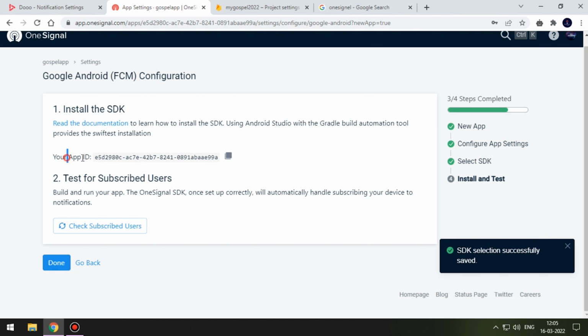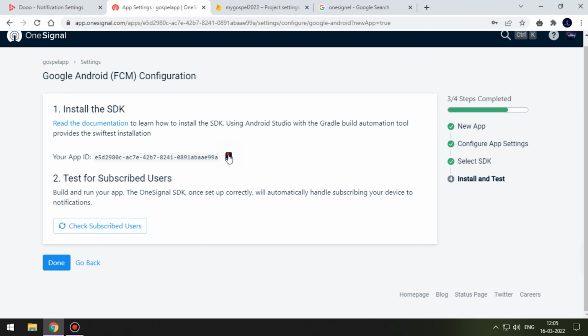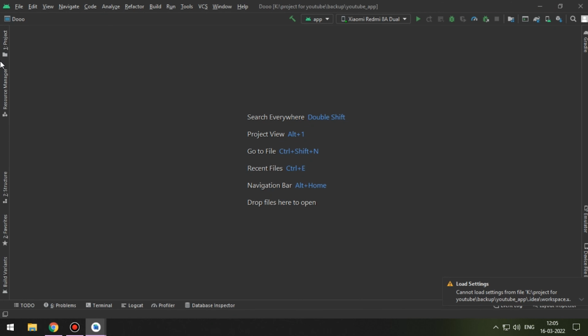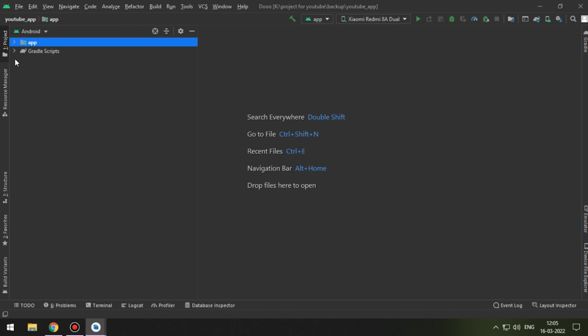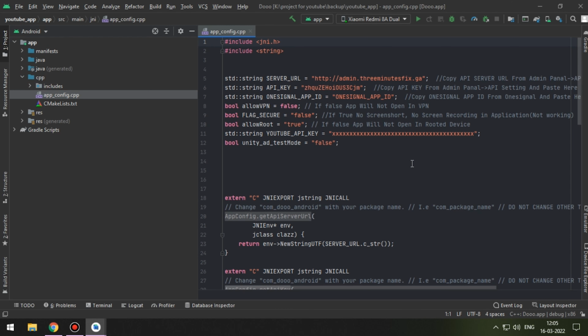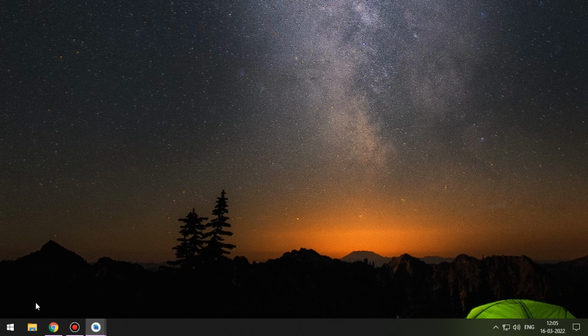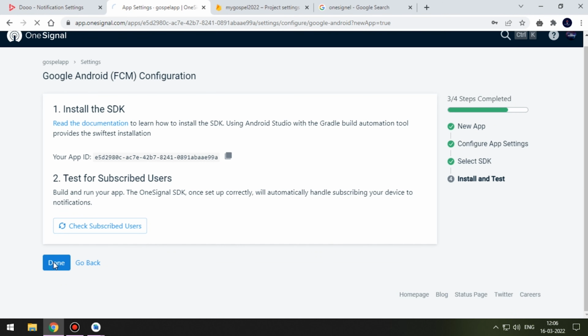Now, we have to copy this app ID to our Android Studio app config file. Now, paste it in the third line. Next, we need to get the OneSignal key and ID.